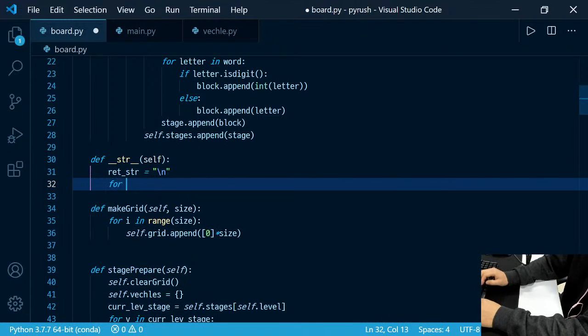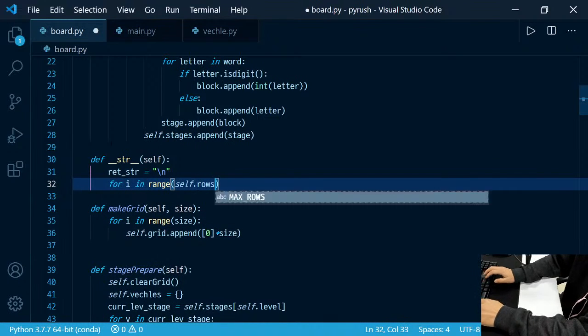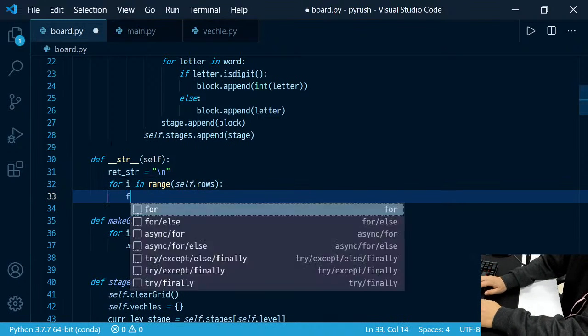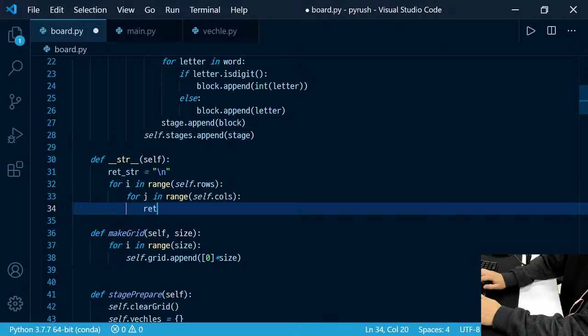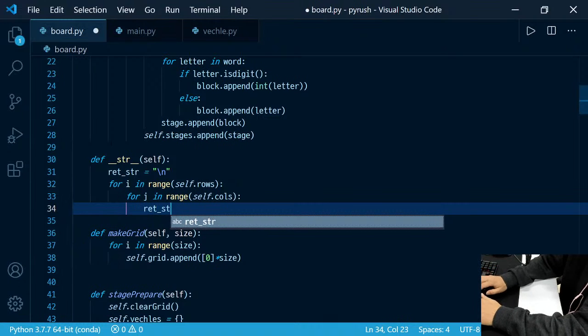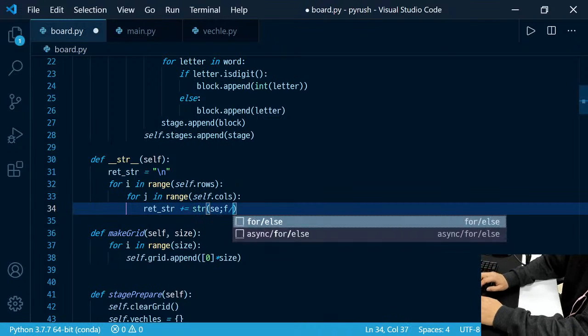Then for i in range self.rows, and for j in self.cols, return string plus conversion of self.grid,